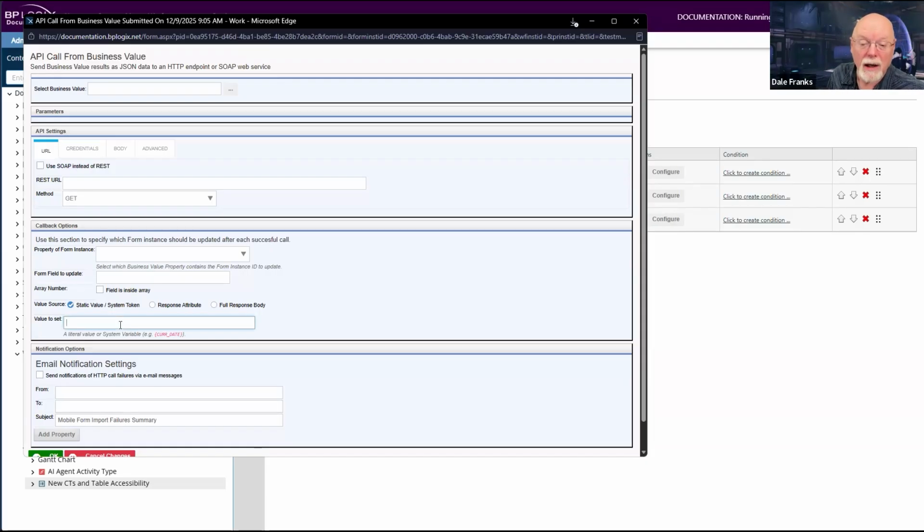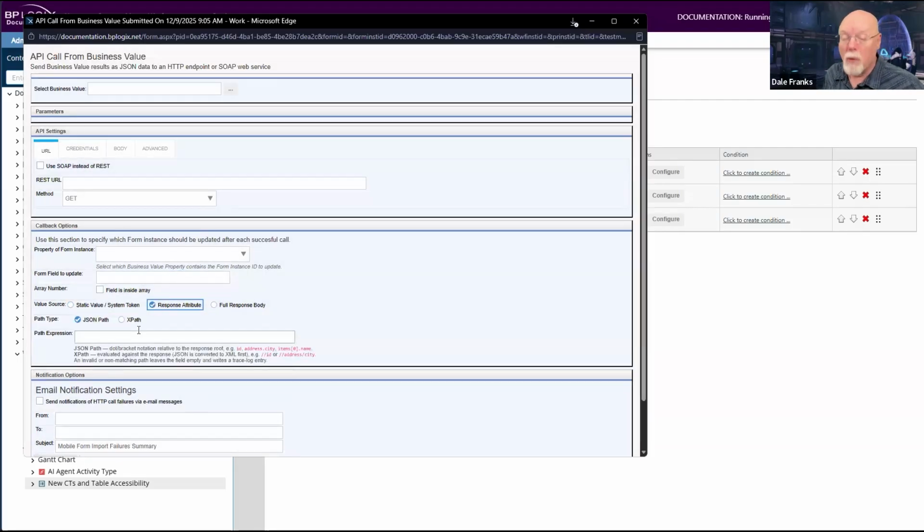But basically, if I want to put in a system variable, I can put that here in this field, or if I wanted a static value, 2, there we go. That's the value I want to pass. I can do that now. And so as I find what field I want to update, if it needs a static value, I can set it here. The next option I have is a response attribute.